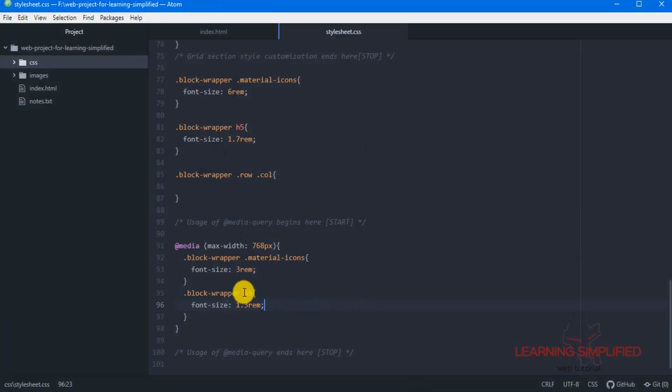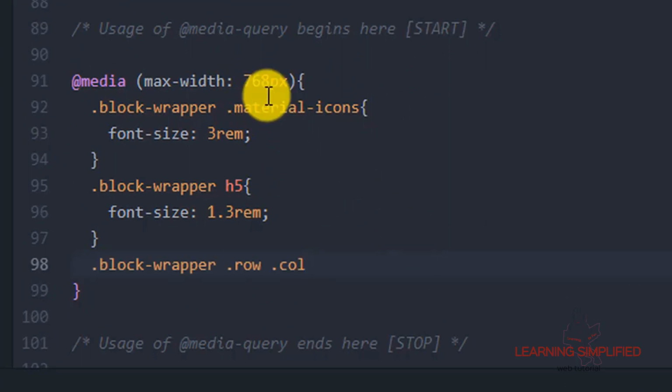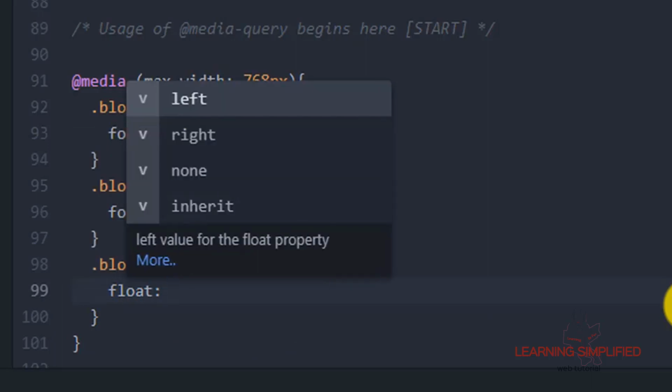In the second case, we need to copy this class from here and paste it under the condition of max-width of 768 pixels. Here, as we have mentioned, the float will be none.